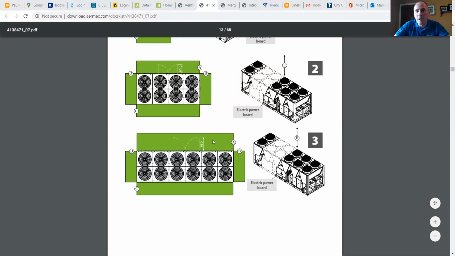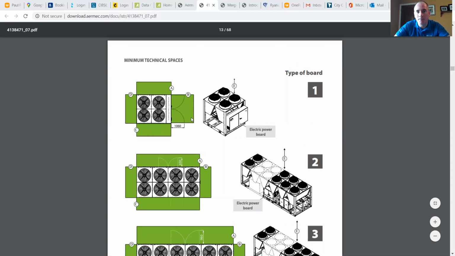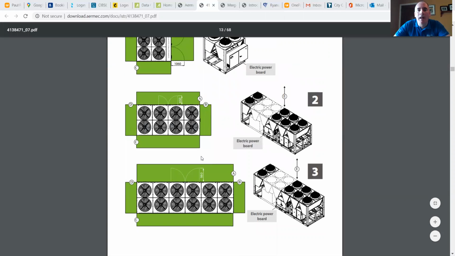So basically your space is for your airflow and for your technical servicing. So if you need to get in and out around the electrical panel, it could be on the side or it could be in the end, depending upon the model that you have. You need to access compressors, Schrader valves. Service engineers need to be able to access all those components. And if ever you need to replace something, you need to be able to get to it. So there you go. Just a little quick one on